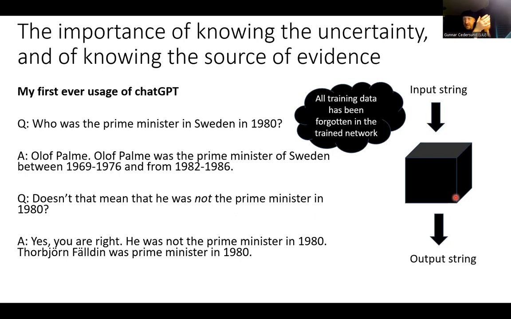It predicts basically the characters and the words, but it doesn't understand things. And the trained model doesn't know things. It just has an ability to predict what is a likely text. And even more, it doesn't know the source of evidence, therefore it doesn't know the uncertainty. It doesn't know that this is wrong. The first answer was wrong and the second one is right. It doesn't know that. It just generates an output.